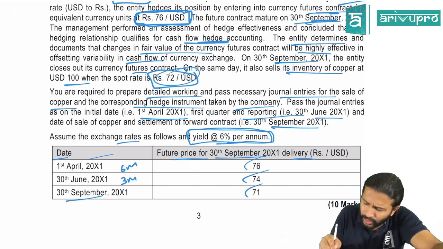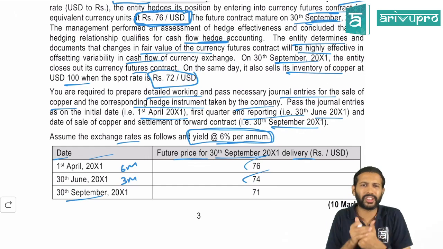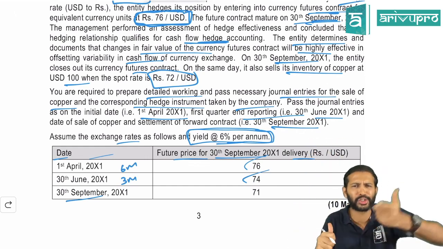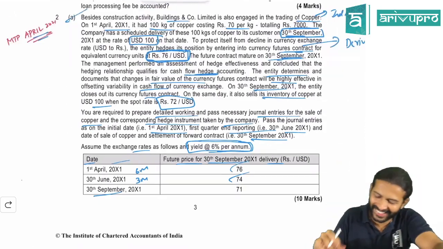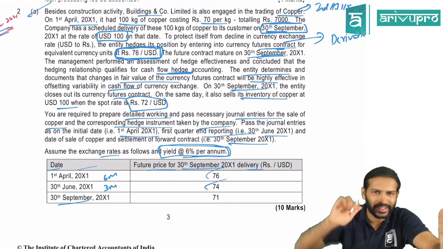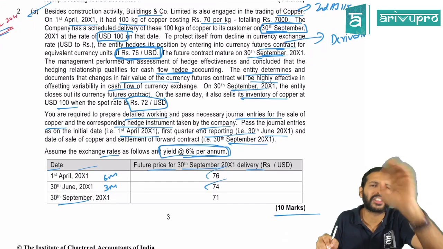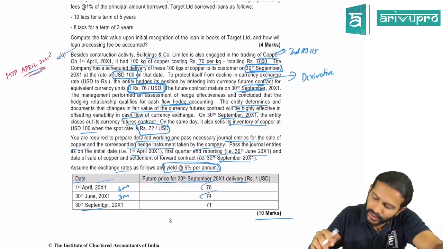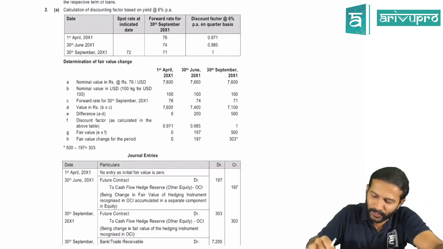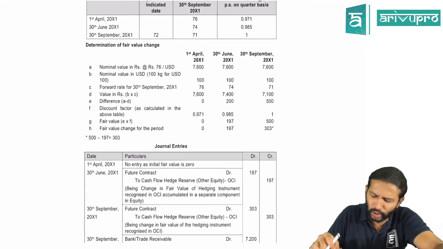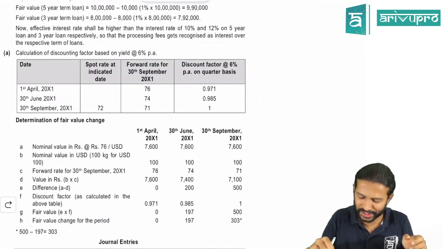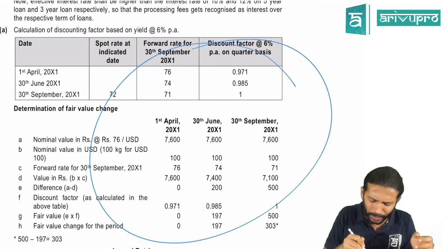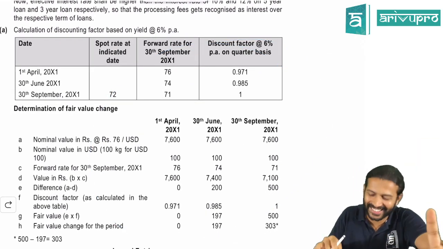Ideally, this 72 and 71 should have been the same, because on the date of execution, spot rate and forward rate should be the same. I don't know why they made it different. Okay, but let's not question that. It is all right. Fine enough. This is what they've given, and they are asking this for a 10 marker. Okay. So let's see how they've done this. Okay, the solution is good, but the working notes are not that comfortable. We feel, if you just see how they've solved it, they put in so much data. Remembering all that is a little crazy.